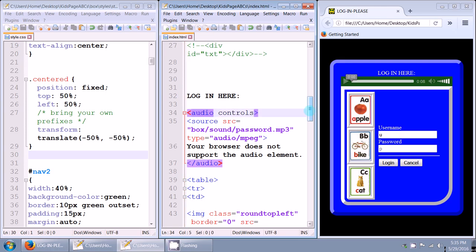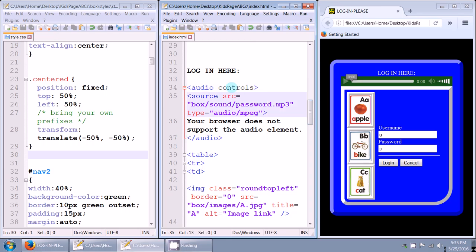And here's my audio tag. Audio, and I'm using the attribute controls because I want to be able to see the controls. I don't have autoplay and I don't have loop. Just have audio and controls. Then I have source, this right here, source src equals, and then inside of my folder I have another folder